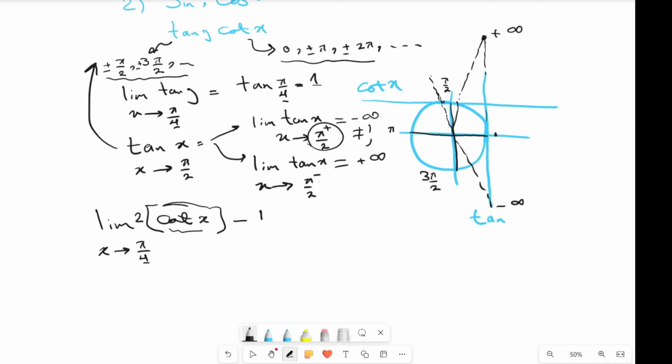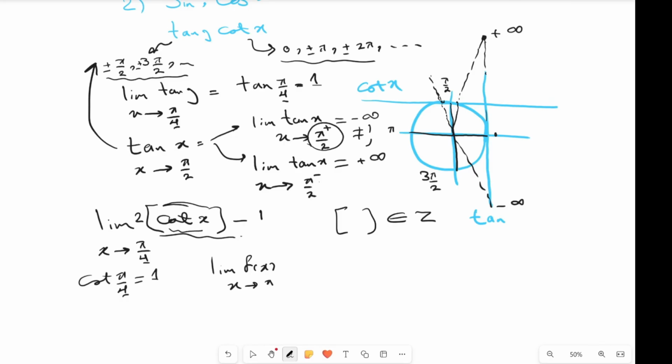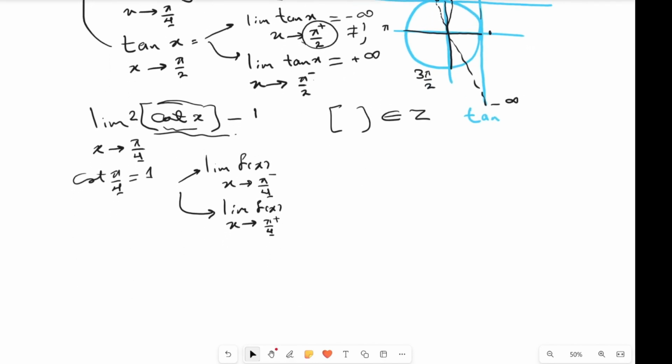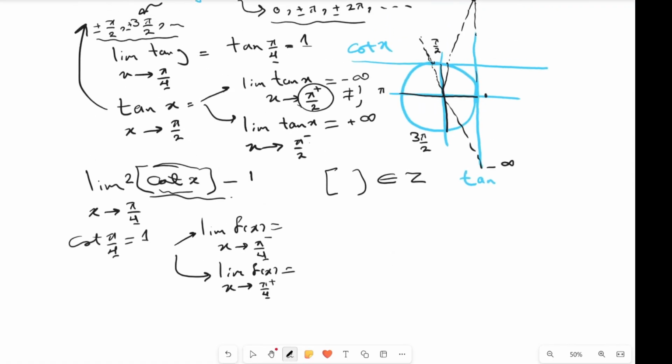And the brace, when we must split it to both sides, is when the value belongs to Z. And we know the cotangent of pi over 4 is 1, and 1 belongs to Z, and therefore this function we must split to both sides. One side, the limit as x approaches pi over 4 in the positive side. Okay, you know, we are exactly at pi over 4, we are at 1,